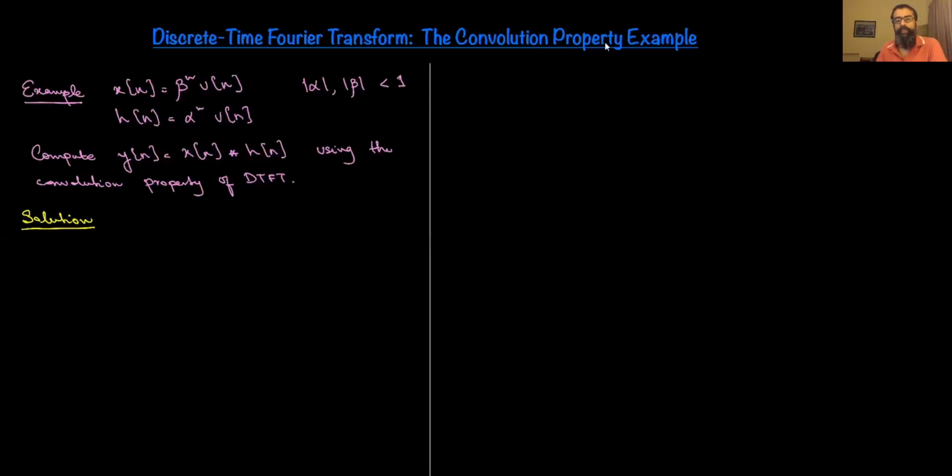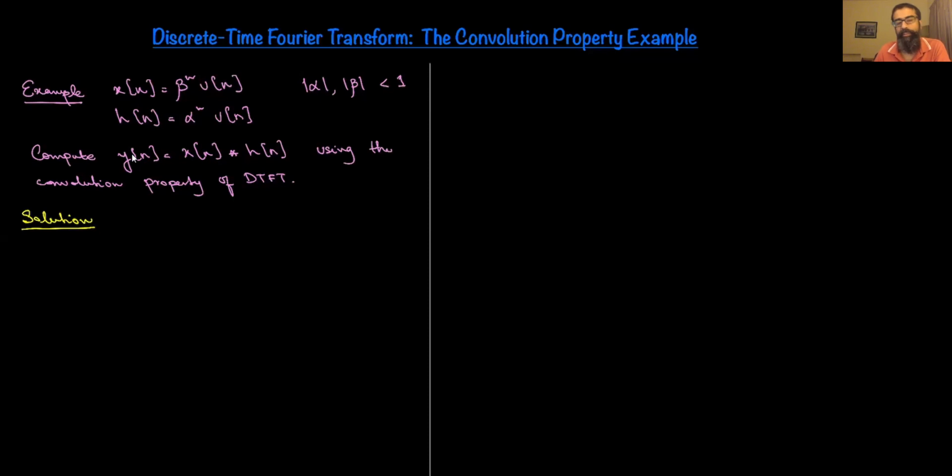So another one of the benefits of the convolution property is to actually compute convolution between two discrete time signals, as we're required to do in this example. So what we're going to do here is, first of all, compute the Fourier transform of x, then compute the Fourier transform of h. And since y is a convolution of x and h,